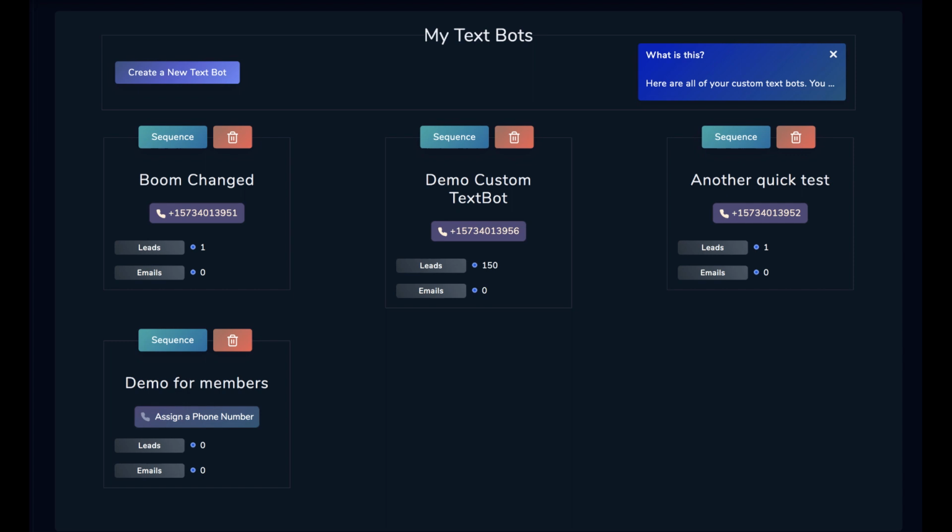I want to be able to send a text broadcast to my leads and customers. Well, if that's you, then AVA Plus is for you, because with AVA Plus, you can customize up to 10 text bots. That means you can customize the voice message as well as each text message. But not only that, you can create custom sequences and have AVA do some really, really powerful things, which I'm going to get